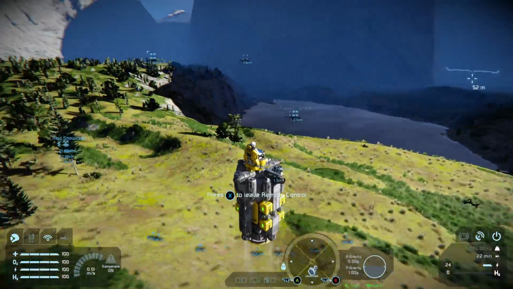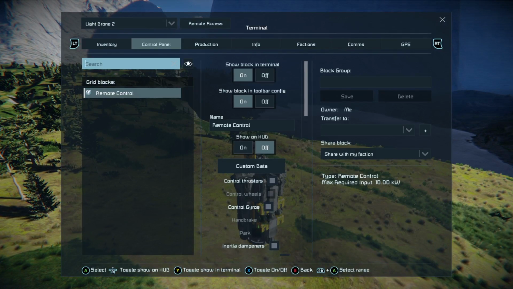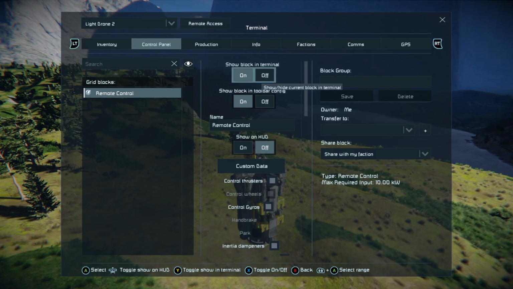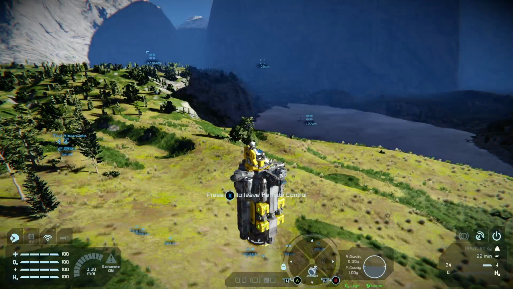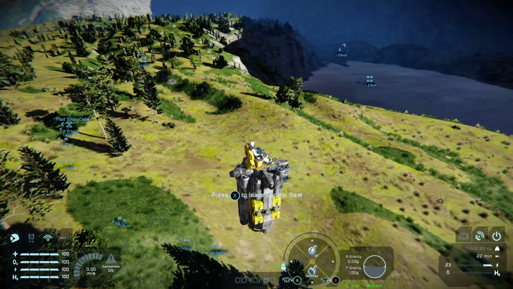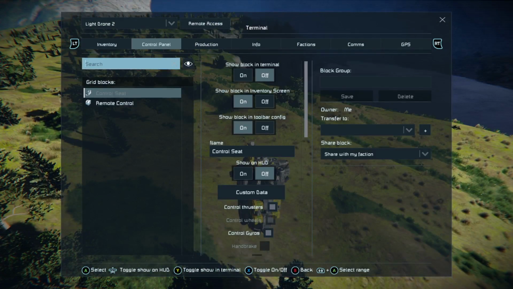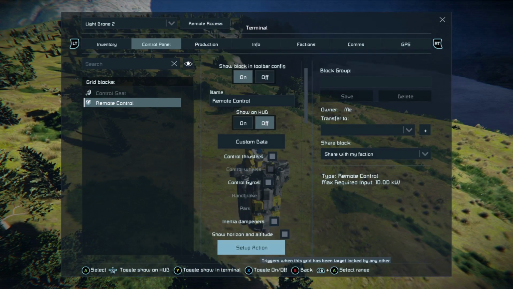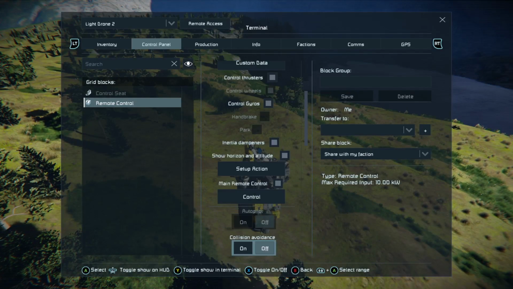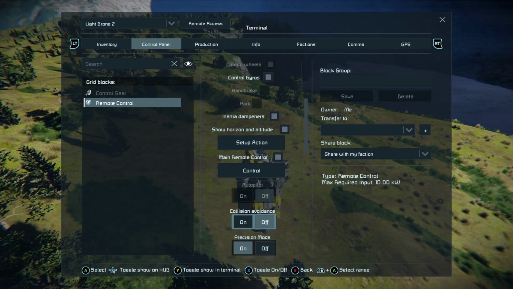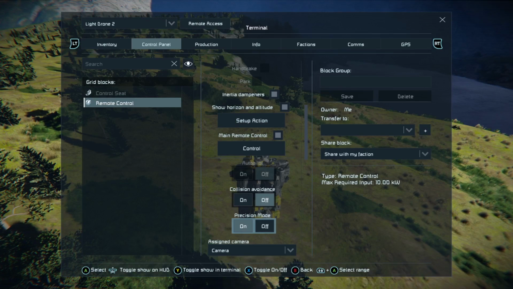Basic remote control functions. If we go into our control panel, and I've hidden all the blocks except the one I wanted, which is the remote control. Let's make sure I'm in. Yeah, let's leave the remote control by pressing X, so we're back in control of the ship. So remote control, you can set it to your main remote control. And for most things, collision avoidance, until we get automatons, is bitty at best. It's not great, and it's certainly not good for when you want drones to dock. And precision mode, you can take or leave.